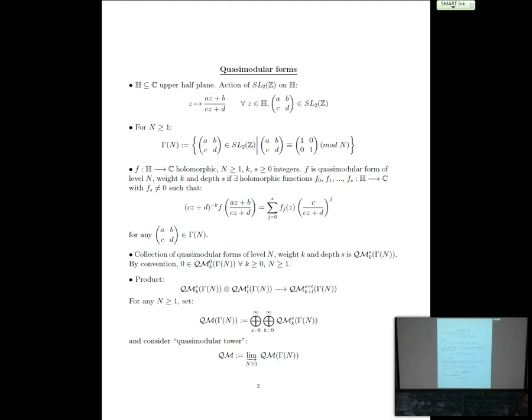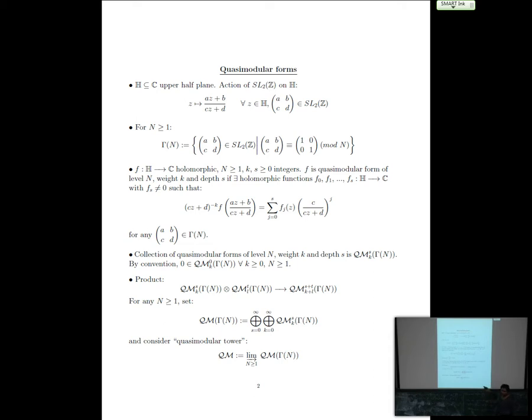No. In the case of a modular form, S would be 0, and F0 would become equal to F. In the case of a modular form, yeah. So this is the definition of a quasi-modular form, and as you can see, the quasi-modular forms carry these natural product structures. That is, you just add up the weights and you add up the